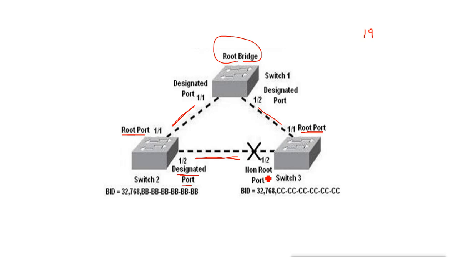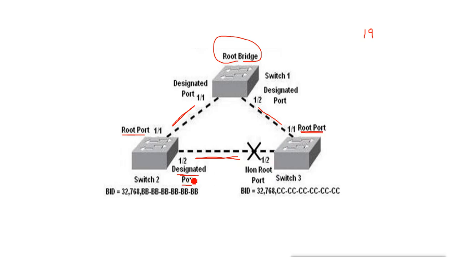Now we have two designated ports connected together. Switch 3 and switch 2 have two links. For each, one link is toward the root bridge, and the other one is the designated one. Now they have to decide that they have to block one port. The root port they will not block, so they will block the other port, which is the designated port.